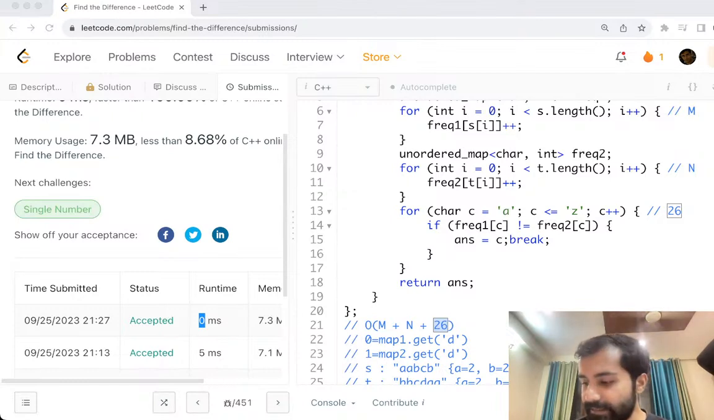Okay, I think Dheeraj has a suggestion. His suggestion is that we can take a simple array of size 26. Yes, you can also do that. That's a very good suggestion actually. So what he's trying to say is